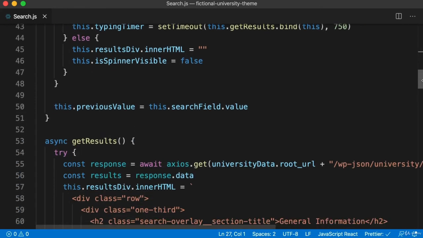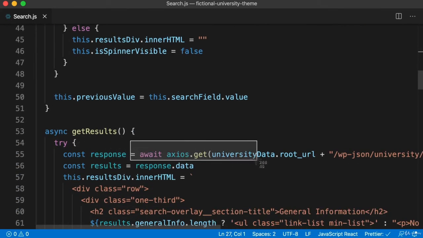If we continue to scroll down, here we see a big difference. Instead of using the jQuery method to send a request to a server, I'm now using something called Axios. Axios is a popular package that has nothing to do with WordPress or jQuery or anything. It's just its own independent entity, but it's the industry standard for sending off HTTP requests. Technically, we could take things one step further, and instead of using Axios, you could just use the web browser's fetch API. But in my opinion, Axios makes our lives a lot easier. So with Axios, you just say axios.get, you give it a URL, and then it's going to return a